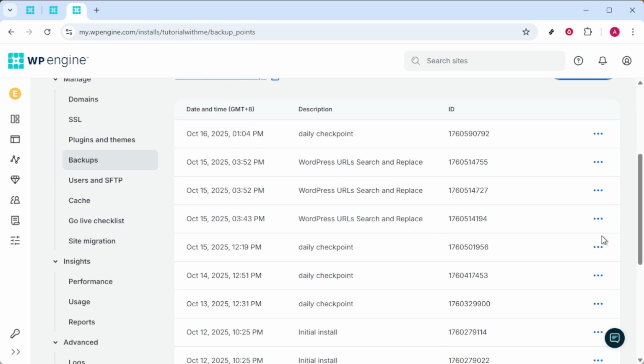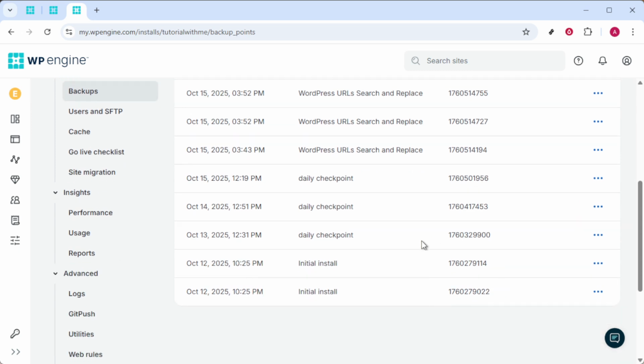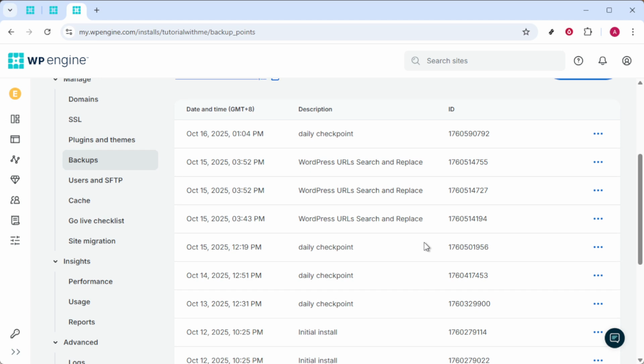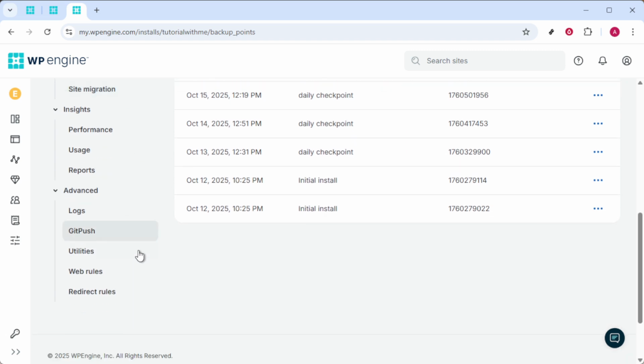Now, sometimes the need arises to either restore a previous version of your site or to keep an offline copy for added security measures. For this, you'll notice options such as Restore or Download Zip. Clicking Restore will roll your website back to the selected version, which can be incredibly useful if you've encountered any